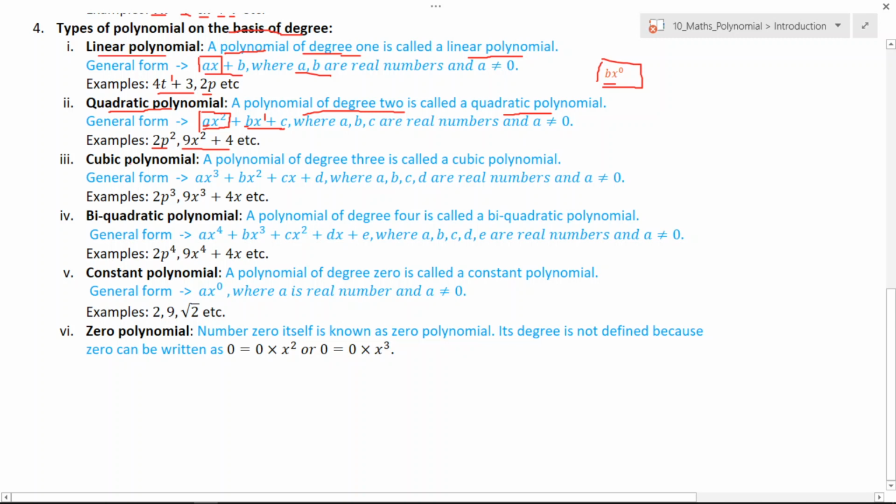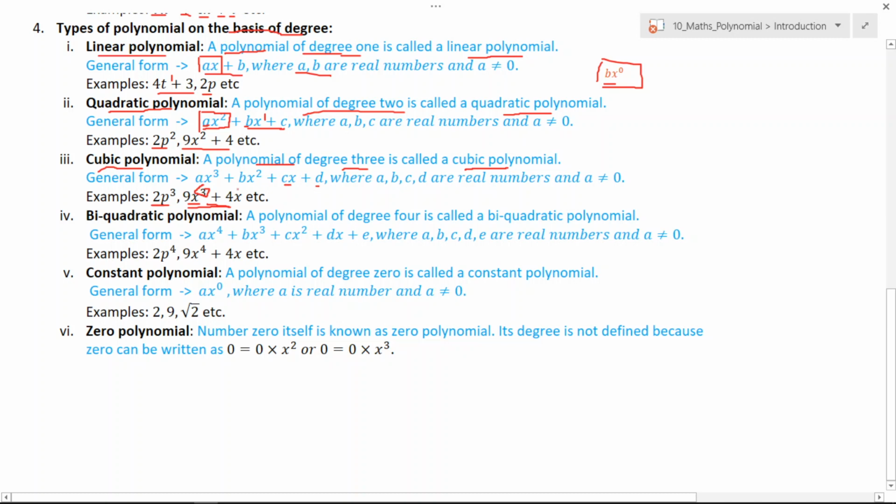Next, cubic polynomial. A polynomial of degree 3 is called a cubic polynomial, and its example is 2p cube. 2p cube, because its degree is 3, so 2p cube is a cubic polynomial. 9x cube plus 4x is also a cubic polynomial because its degree is 3. Degree is the highest power of the variable. Clear? And its general form is ax cube plus bx square plus cx plus d, where a, b, c and